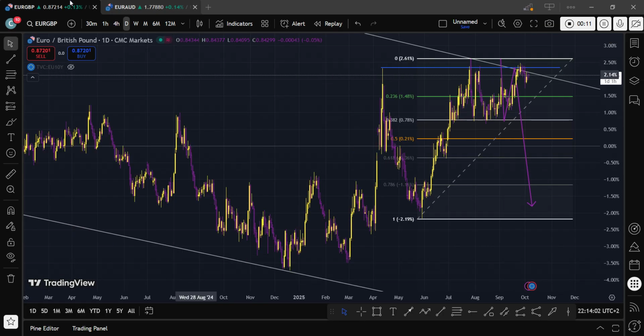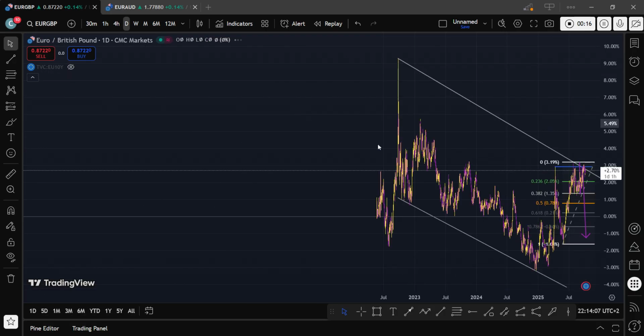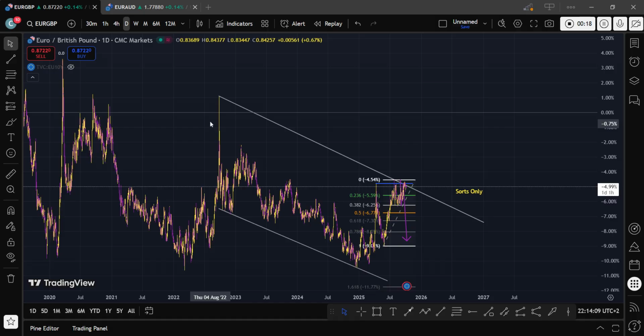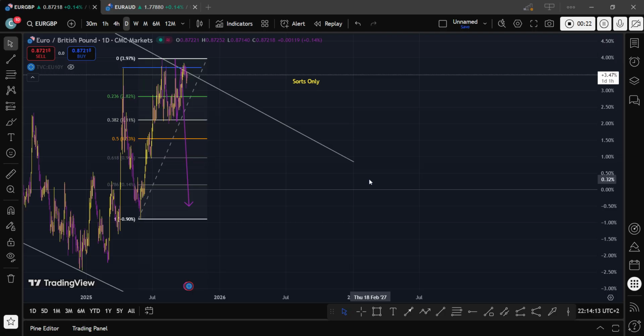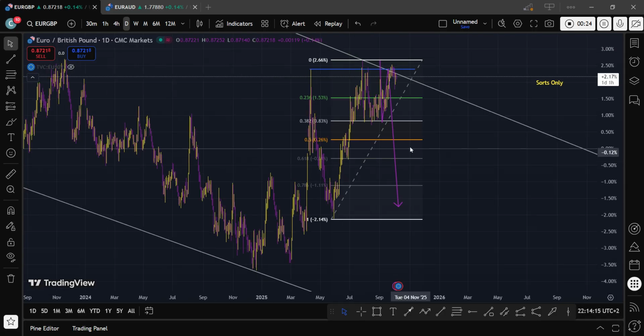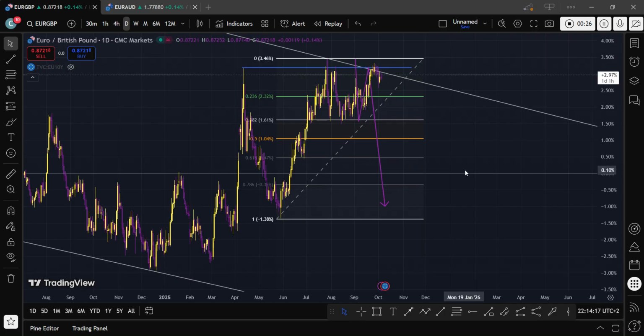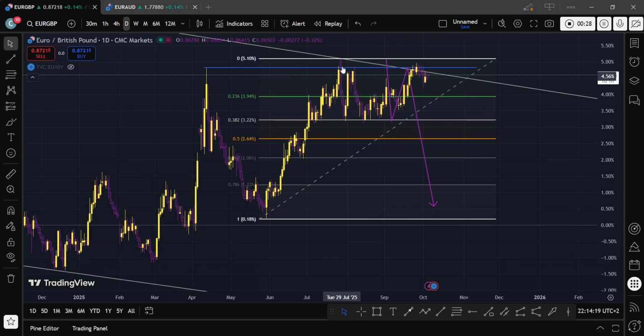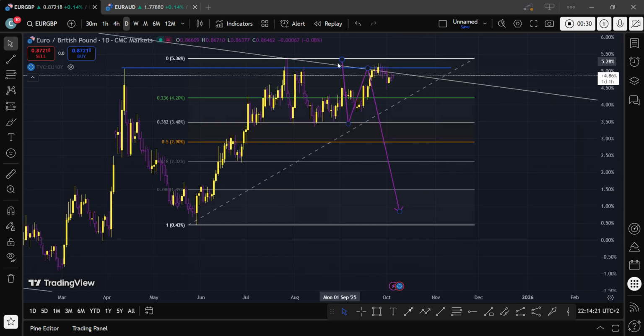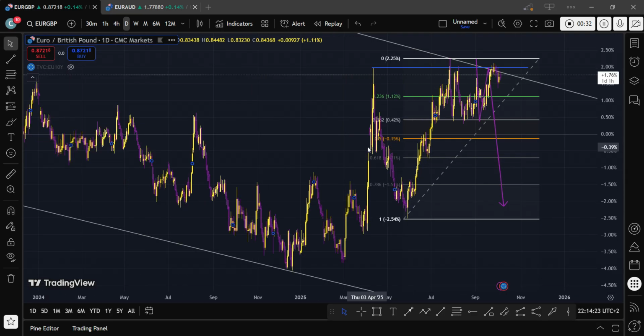So, here we have the euro pound. In this euro pound, we need to move back a little bit. In this euro pound, we had our first touch. Our second touch is right here, in this